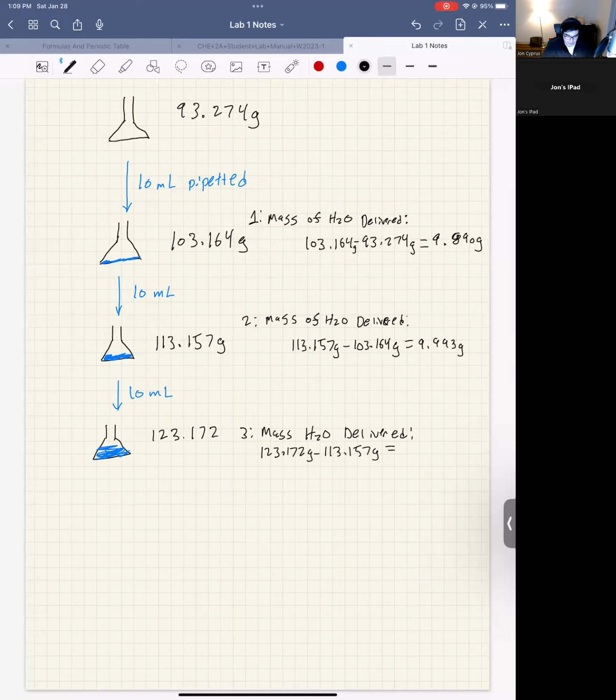So this ends up being 10.015 grams. So make sure when you're doing these, you're taking the difference between trials, not the total weight,